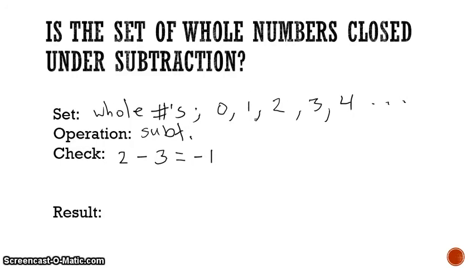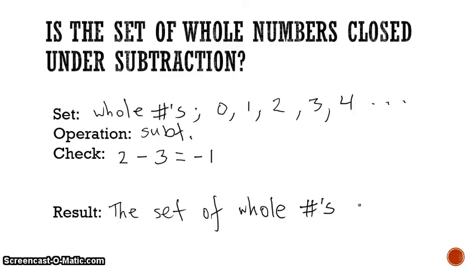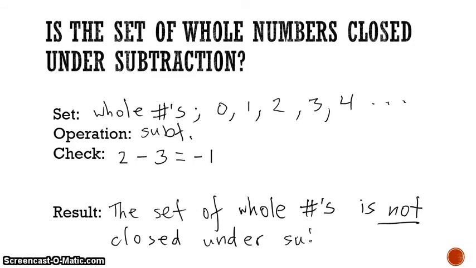Now, does negative 1 belong to the whole numbers? It does not. Negative numbers do not belong in whole numbers. So the result is no. So the set of whole numbers is not closed under subtraction. Okay? Now, we can tell for sure that it is not closed because even if we find one example